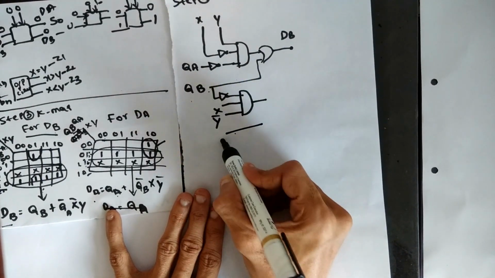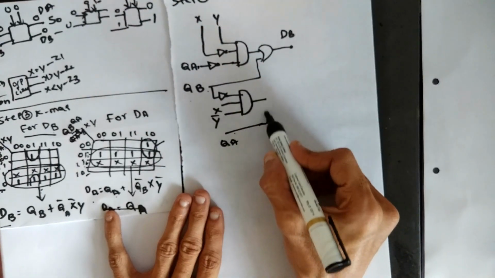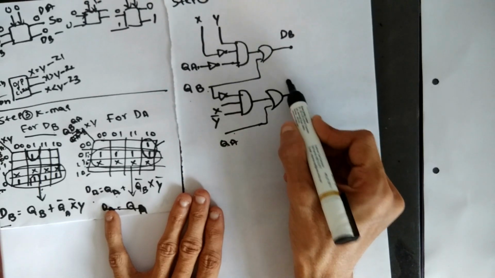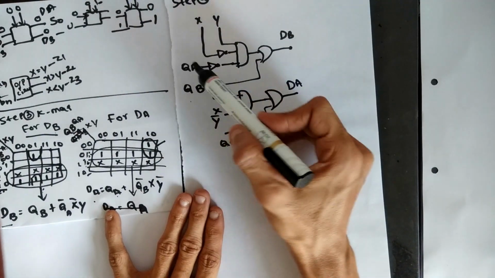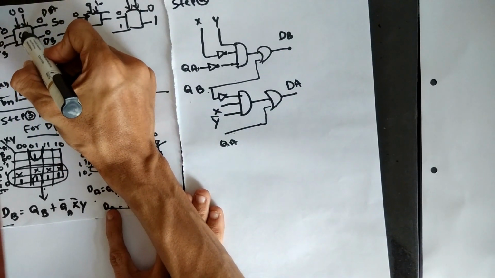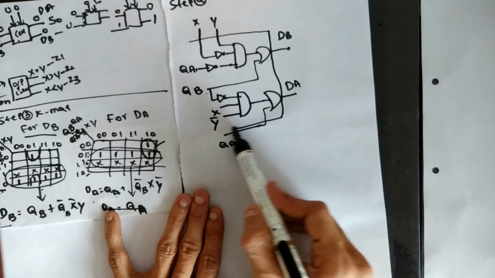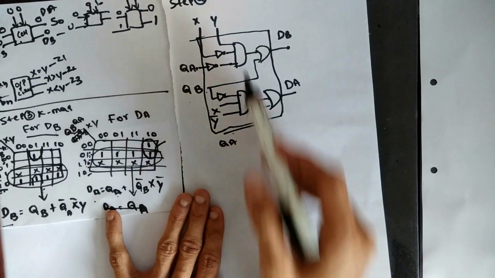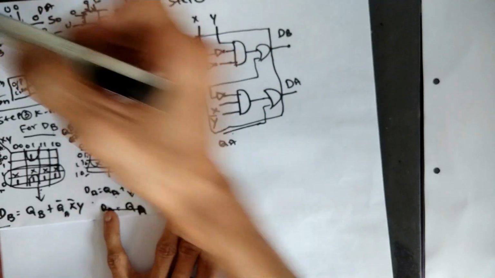I will take one more QA. Already we have this one, we have to link with this and this, and this is one more OR gate, and we are producing DA. This is how A and B are produced using your QA, QB, X, Y. Here I mentioned one block, the cell. This cell is nothing but this portion. So inside this cell we have to write this type of circuit diagram. This circuit diagram will produce the DB and DA values according to our theory.